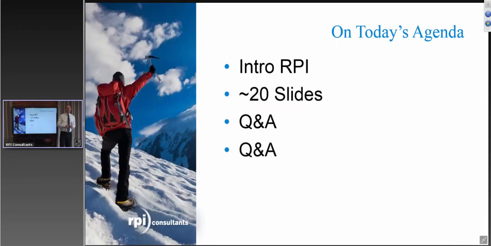This one is going to be a little bit less slide focused, a little bit more interactive, right? So let's make this a Q&A session. I'm going to start by talking a little bit about RPI and what we're involved in with Lawson 10. I have about 20 slides to go through, but mostly I want to hear from you guys, and I want to try and answer any questions you might have. So please make use of the questions box in GoToMeeting, and my producers will interrupt me along the way to